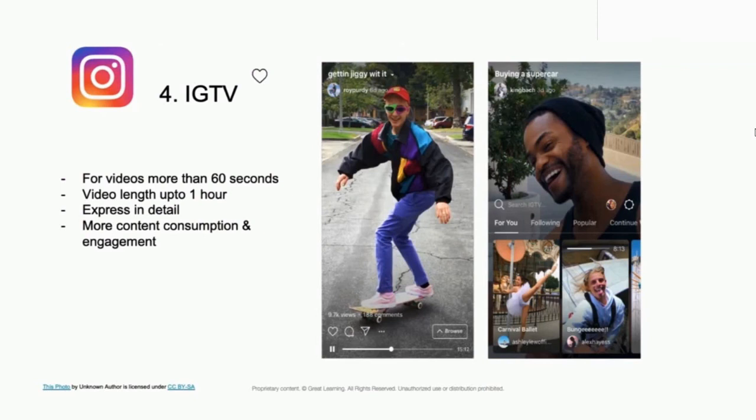And because of that, you are able to create consumers and your first customers on Instagram much faster, because they understand your brand and your product offerings. A lot of times it's not easy to make people understand what your brand is about in just 15 seconds or 60 seconds. You need more length, more time, more content for that. And IGTV is a perfect solution for that.